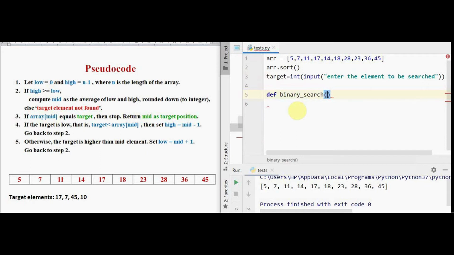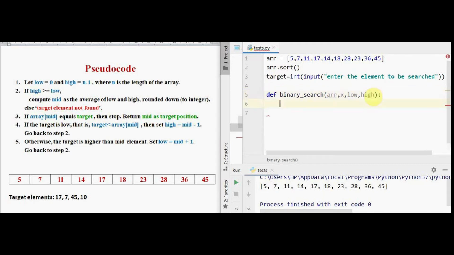Obviously both the input should be passed, array and then the target. So we can use the formal argument here. I am just using x. So when you are calling this function, I can just pass target here instead of x. Then what are the other arguments required here? If you see the pseudocode here, we have these variables low and high, and we are setting low and high every time whenever we are checking target with array of mid. So I can just have low value and high value also passed to the binary search.